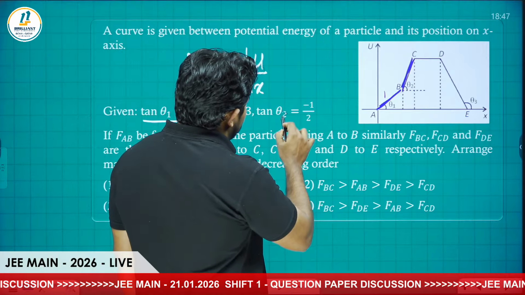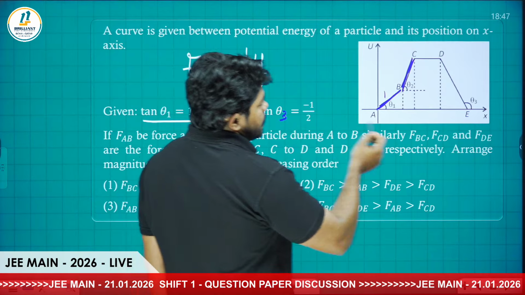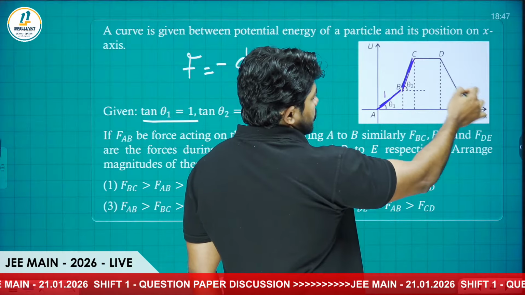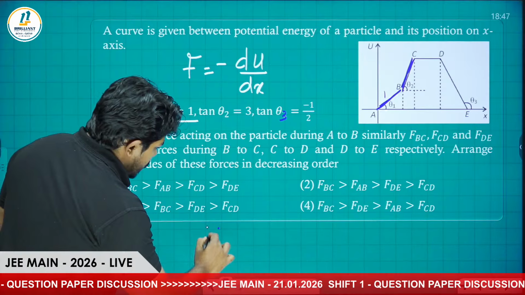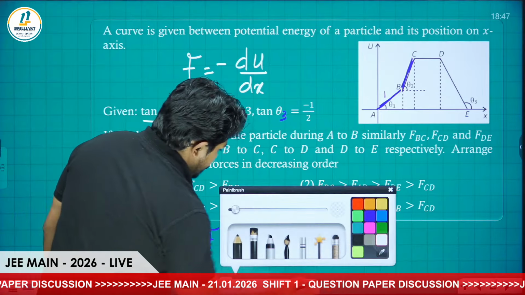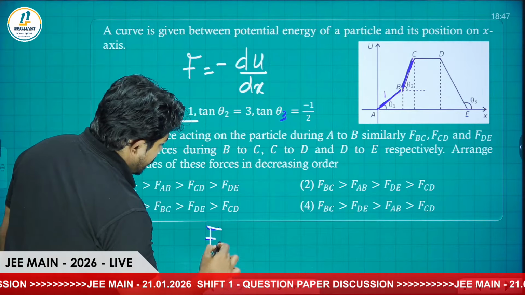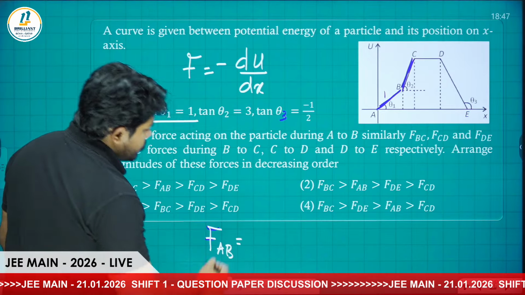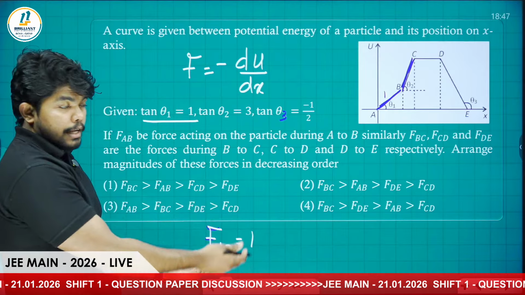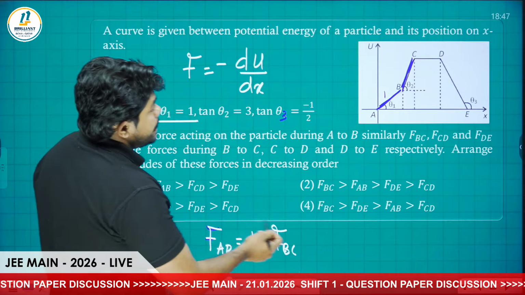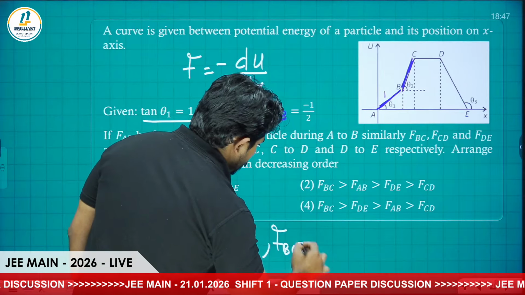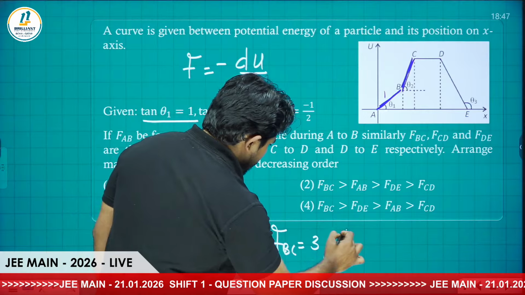Tan theta 3 is given as -1 because obviously this slope is negative. Okay, so we can write the force as FAB, which is actually nothing but 1 because tan theta equals 1. Then FBC is equal to 3 given, and